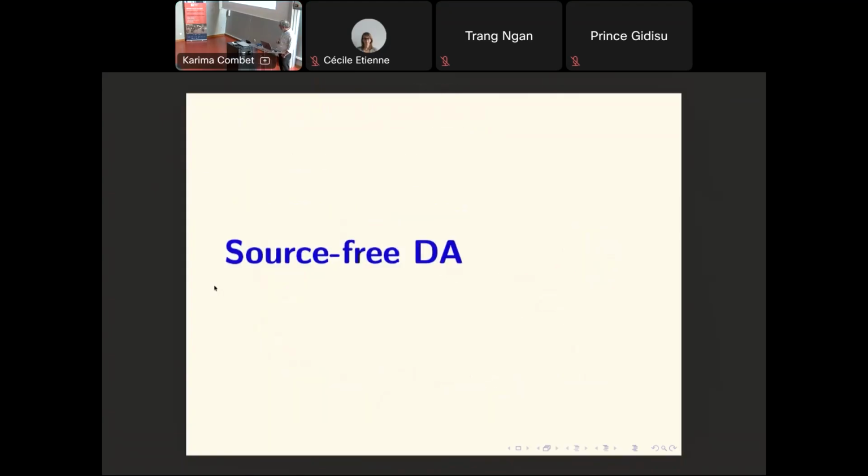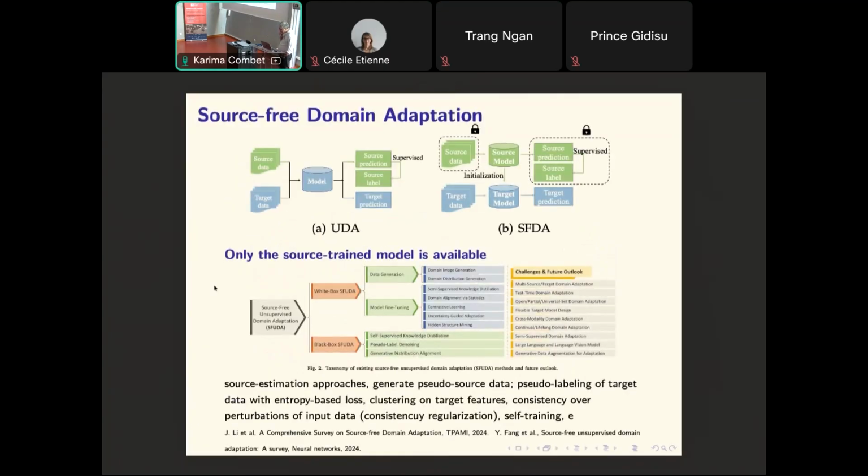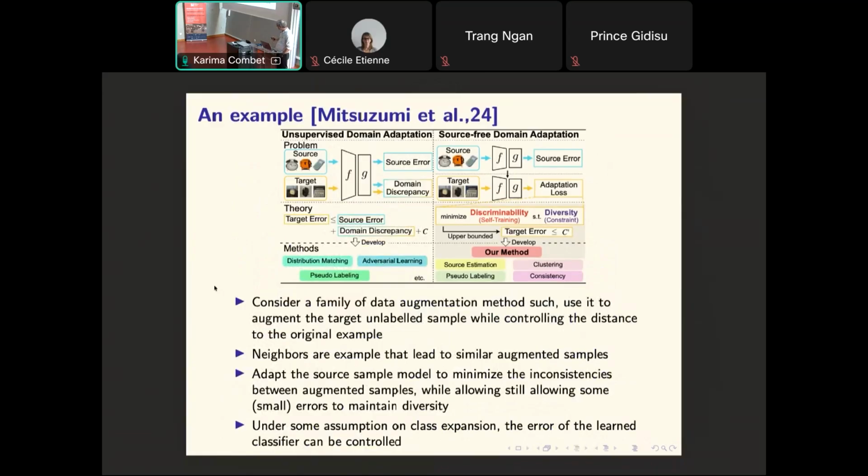Now to finish, two very quick words on very active domains. One is source-free domain adaptation. The idea is that sometimes you don't have the source samples anymore, you only have the model. Since you have the model, what you try to do is adapt it to the target data. You keep the source model, take the target data, and try to control the weights of the source model by decreasing some entropy measures on the target data and including some diversity, only working on the source model.